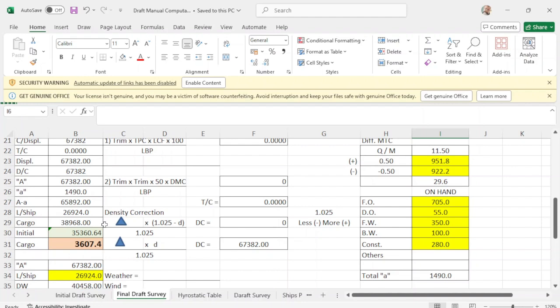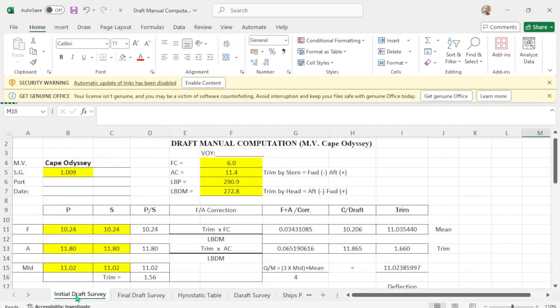Okay, and this will be your cargo minus your initial displacement of your initial drop. This is your cargo of your final drop, and this is the initial cargo of your initial drop, which is 35360.